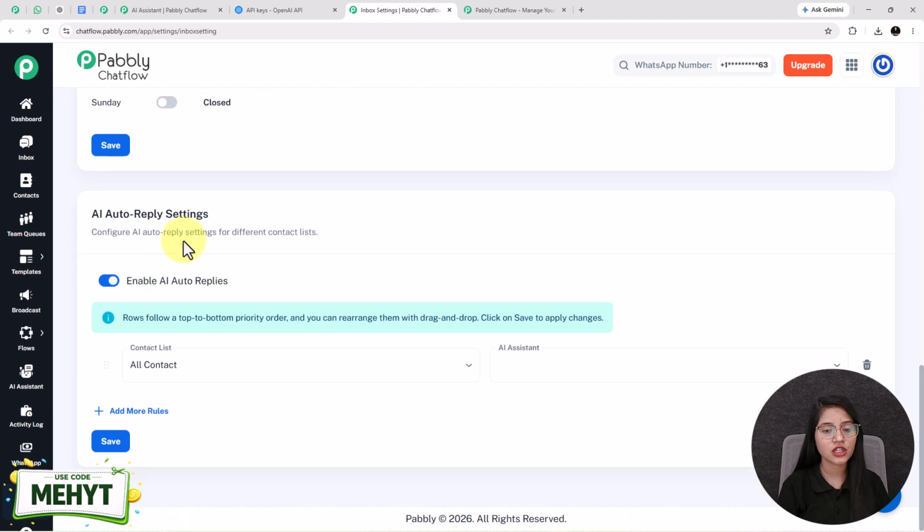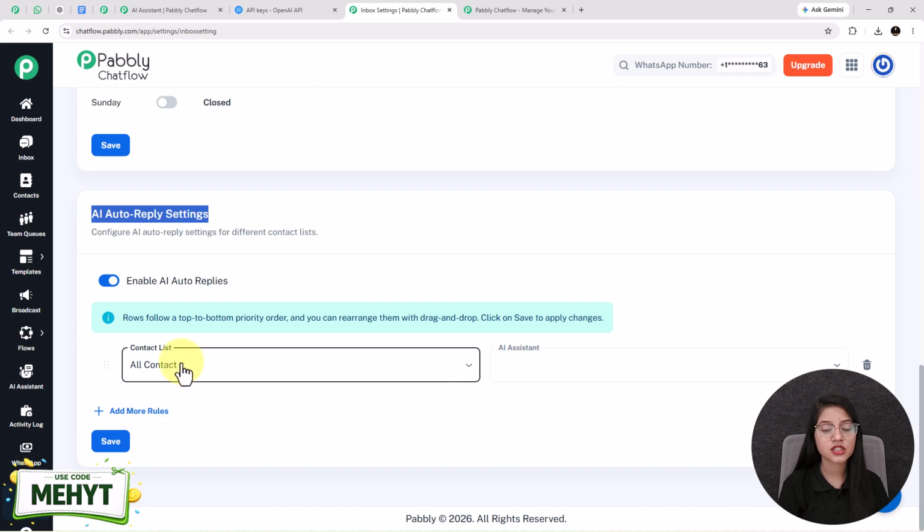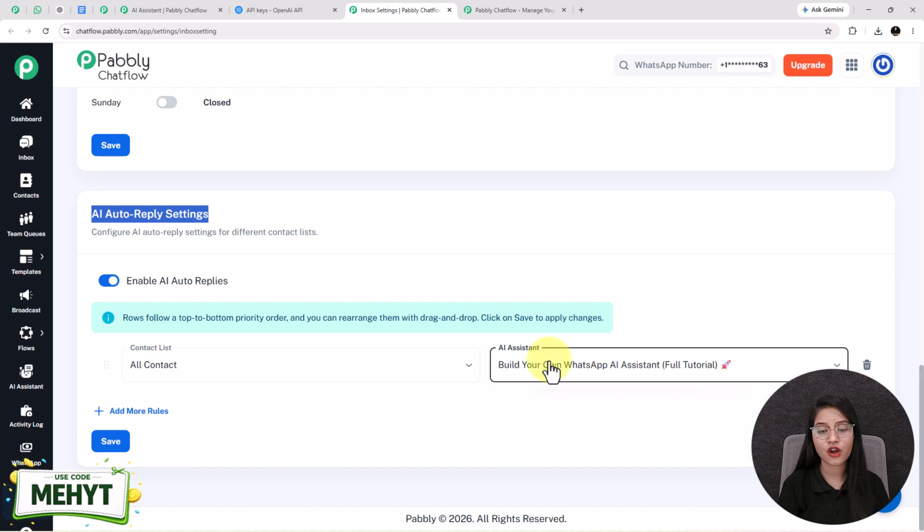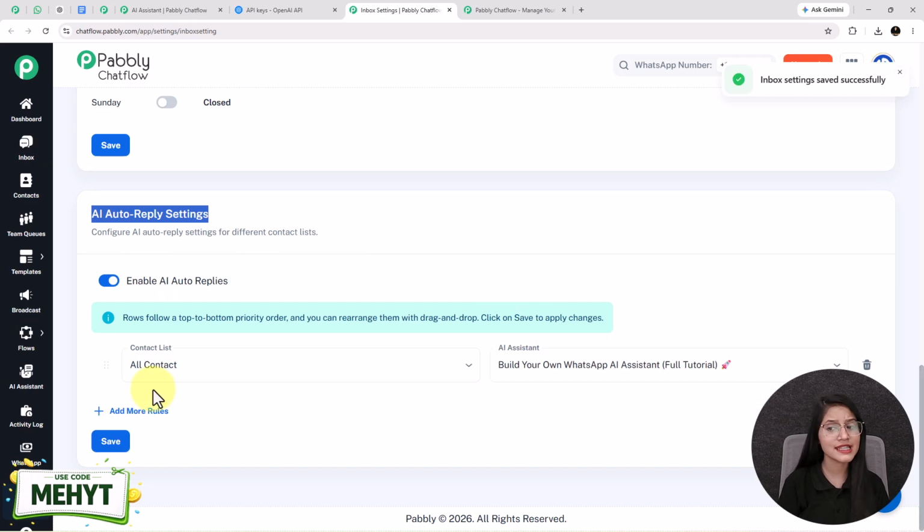Here you just have to scroll down and you will see an option by the name of AI auto reply settings. You have to make sure to enable this toggle and select the contact list from here on which you have to set your AI assistant. Next, select the AI assistant from here and click on the save button, and see it says that inbox settings saved successfully. So now I think you might be wondering how you can add your contacts inside your Pabbly Chatflow